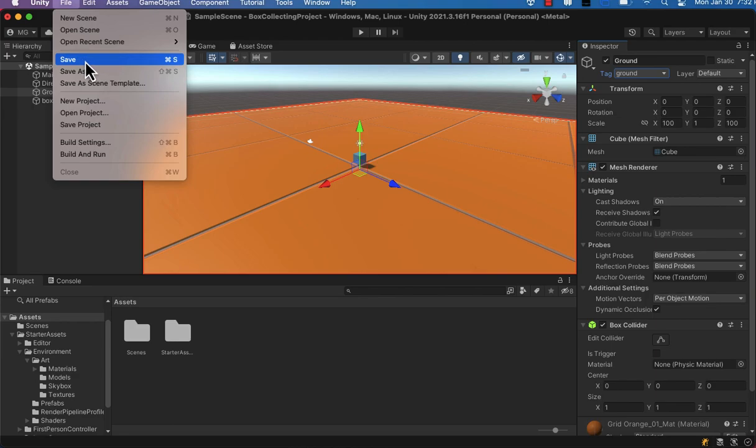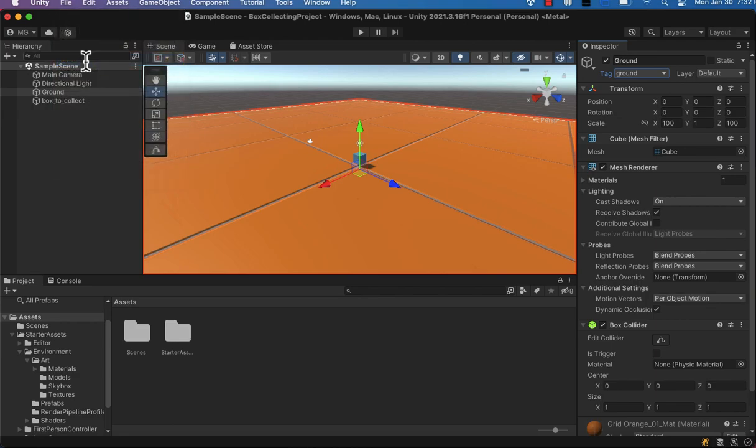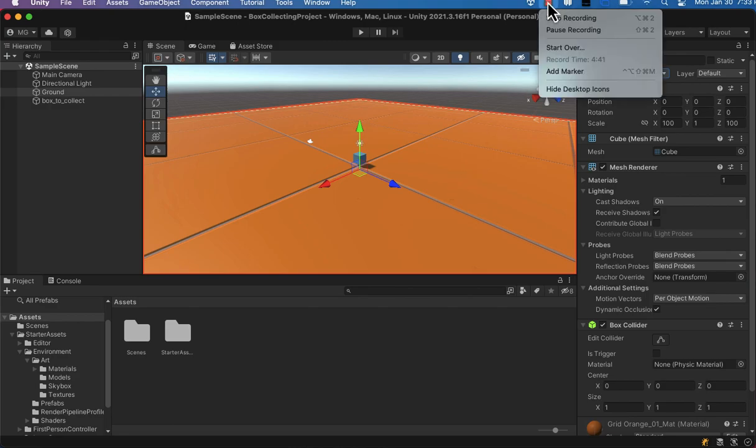It's a good time to save your project, and you can see the little asterisk there disappeared. So we've got our project saved. And in the next episode, we'll look at some more